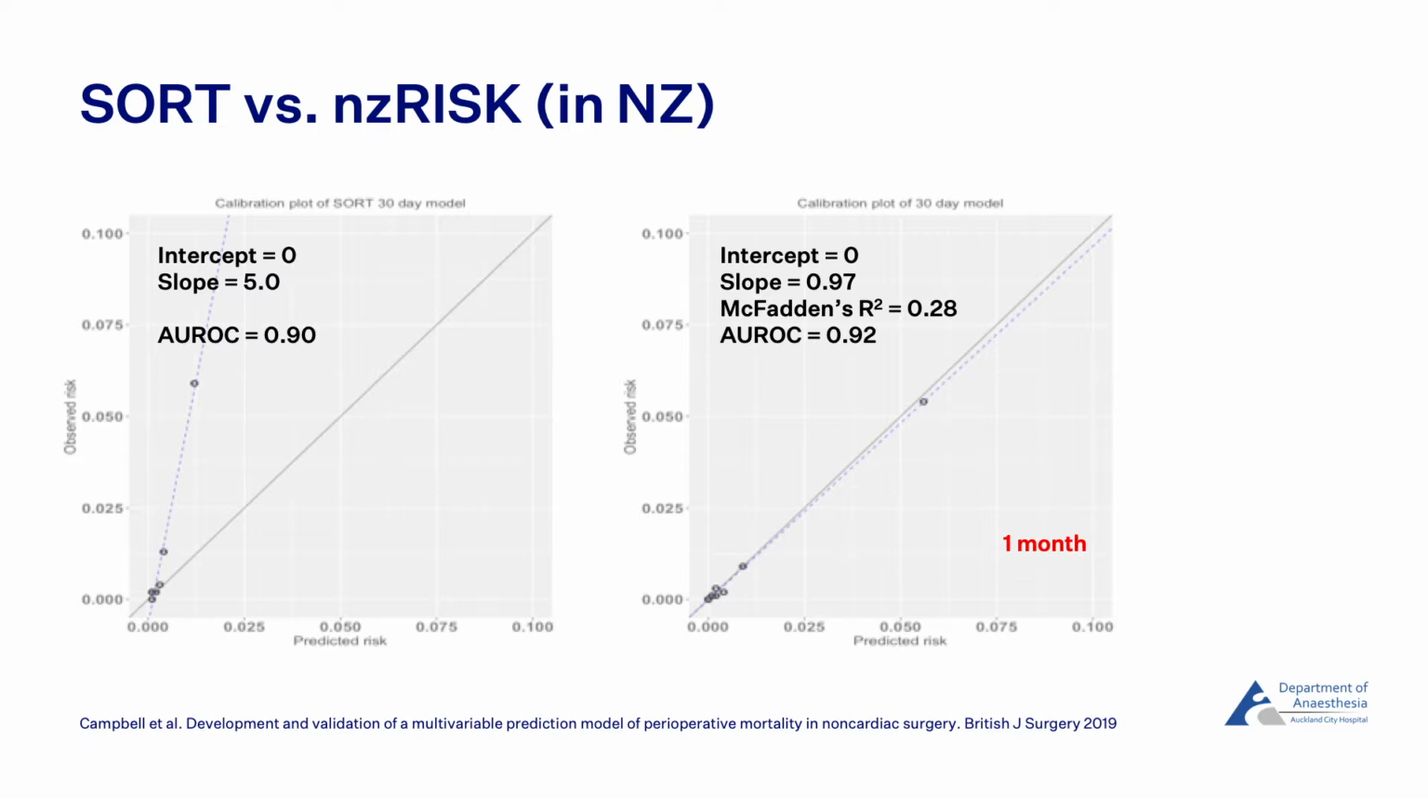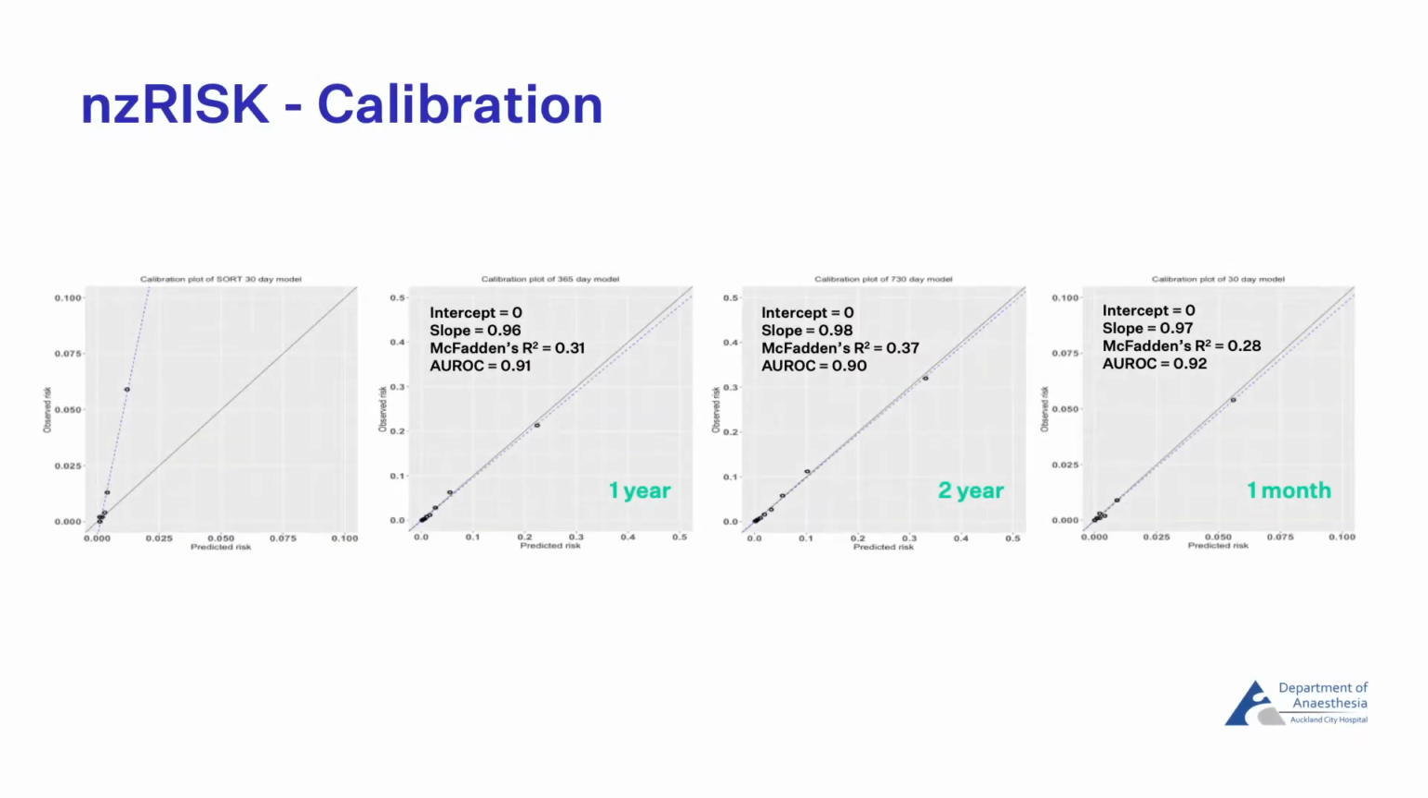On the right, we have the calibration plot for 1 month mortality for NZDRISK. It has an area under the receiver operating characteristic of 0.92, which demonstrates that it has excellent discrimination. But importantly, the calibration plot follows the line of unity very accurately, as you can see, which means the 1 month mortality statistical characteristics are the most accurate risk calculator we have for a New Zealand non-cardiac surgical risk population. It is highly accurate. And we can see the same holds true in the 1 year and 2 year model,